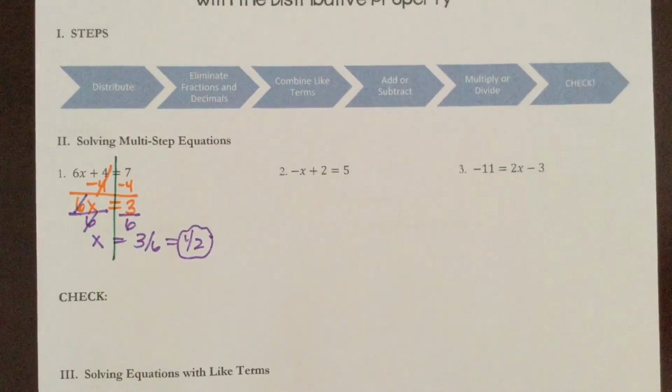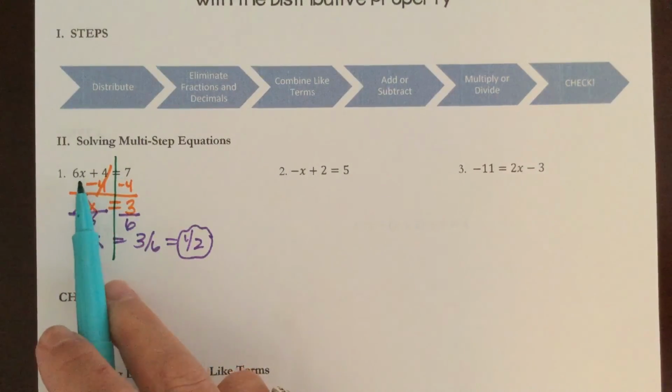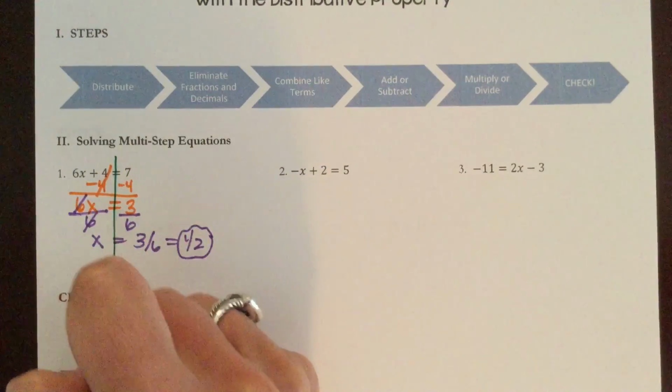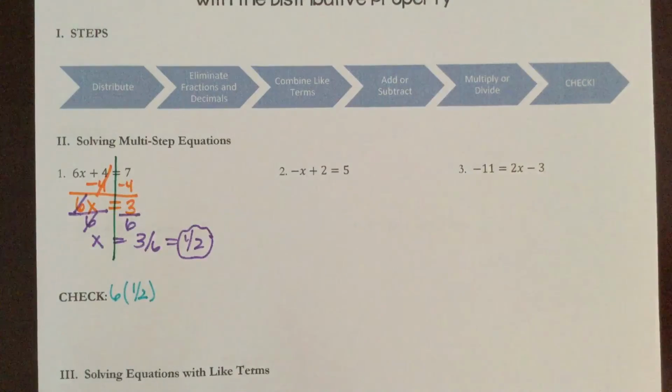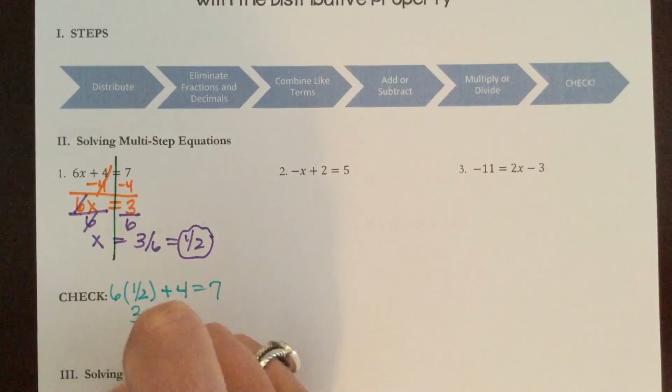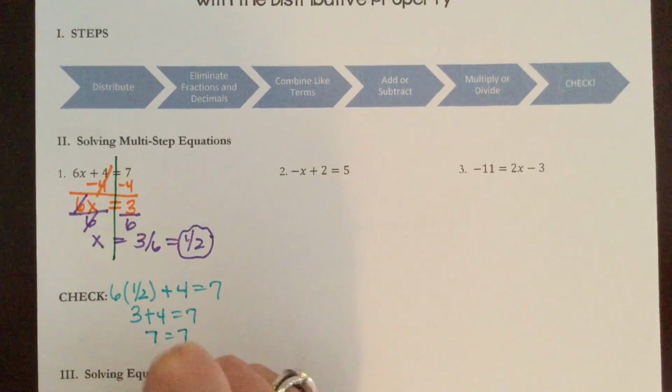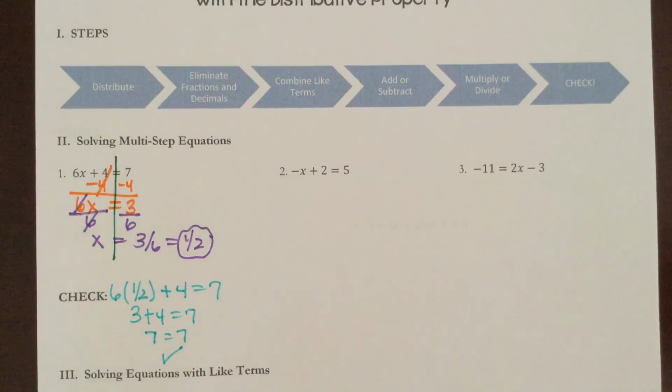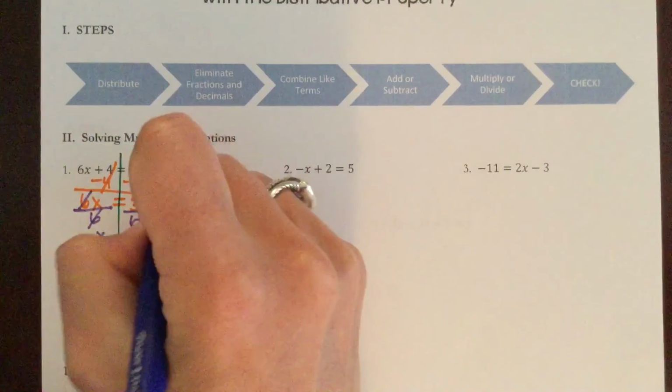We check by plugging this value into our original equation in place of x. This becomes 6 times, and then in place of x, I'm going to put in a 1/2. Remember, when I substitute a number in, it's important to put parentheses around it. Then I see a plus 4 should be equal to 7. Order of operations says we want to multiply these two things before we add that. So 6 times 1/2 is 3. And 3 plus 4 is 7. Since we got a true statement here that 7 is in fact equal to 7, we are confident that x equals 1/2 is our solution